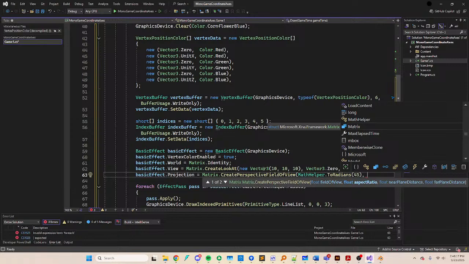The aspect ratio is the width to height,